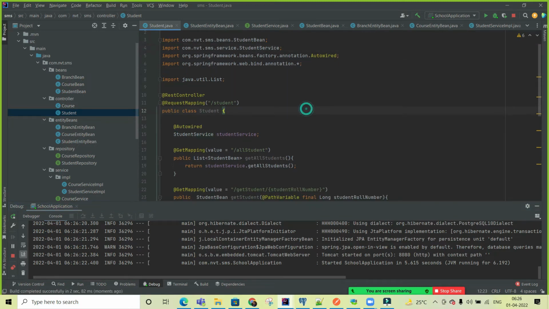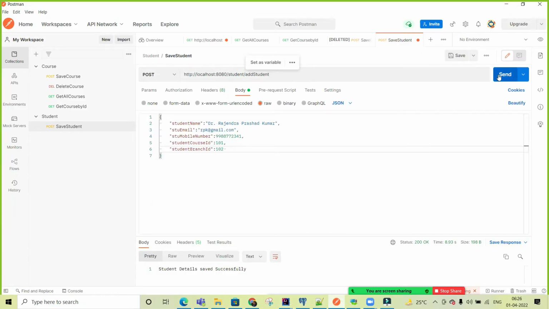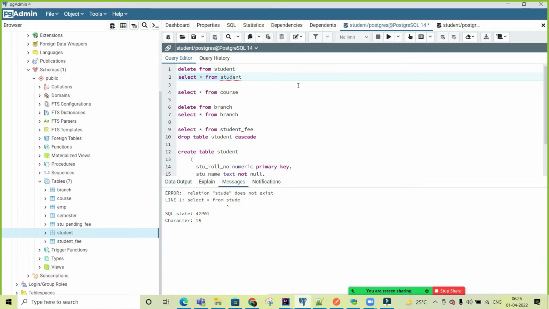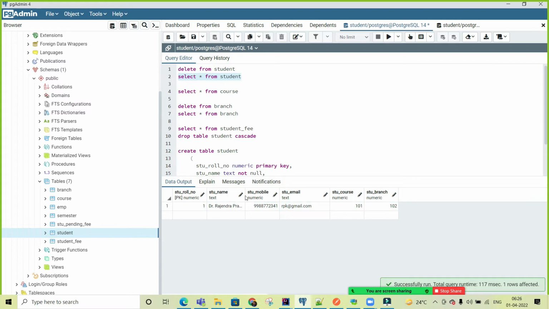Now let me hit from Postman and check. Student details saved successfully. Let me go to the database first and select the student, whatever the value is there. Now I can see the ID is automatically one; I am not inserting the one.